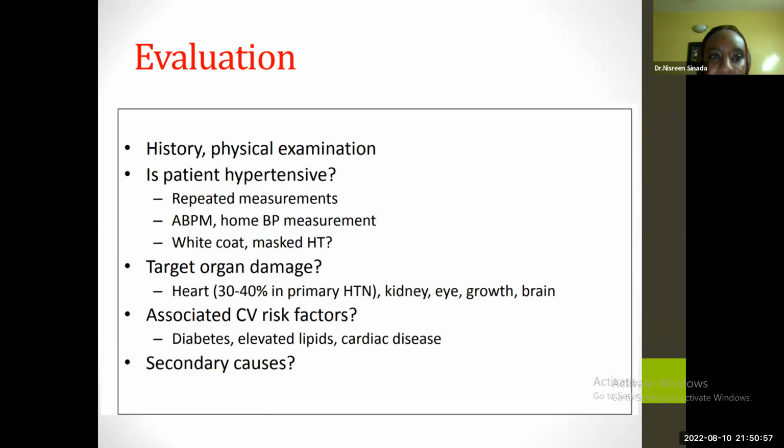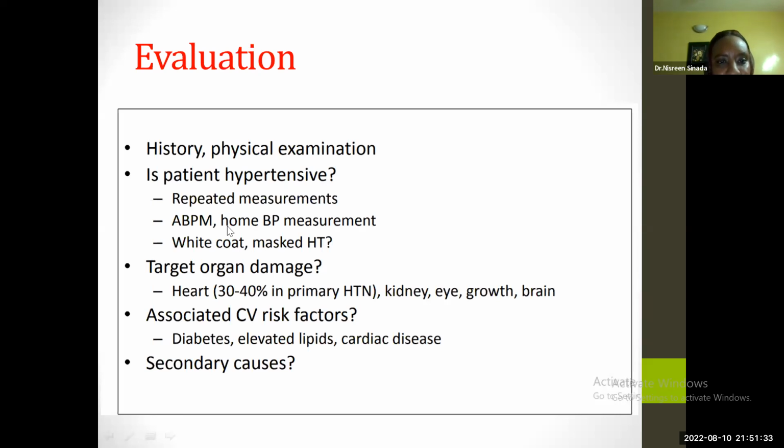Evaluation. So our evaluation will start from the history. As we know, the history is the cornerstone of any treatment in our patient. So history, then the physical examination. First, you want to know, is this patient hypertensive or not? So you need a proper cuff size and repeated measurements, on 3 occasions at different times. If you are concerned about white coat hypertension or masked hypertension, you should do